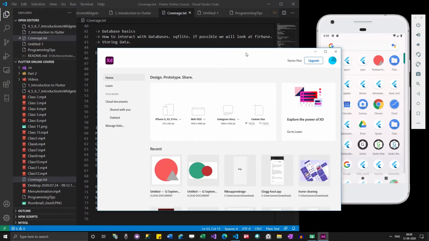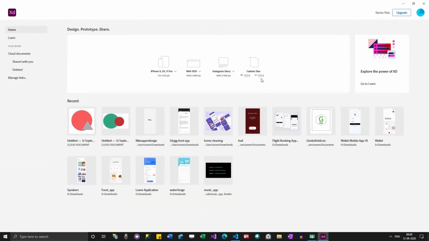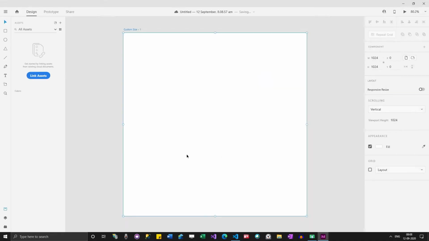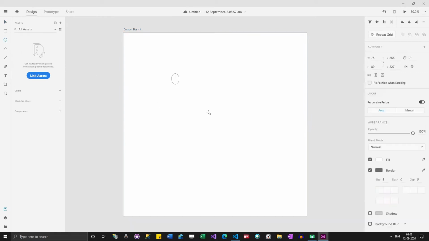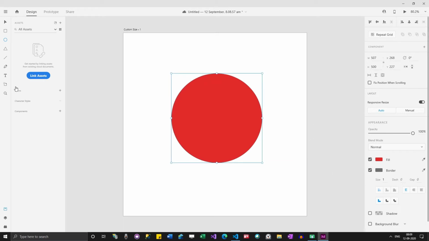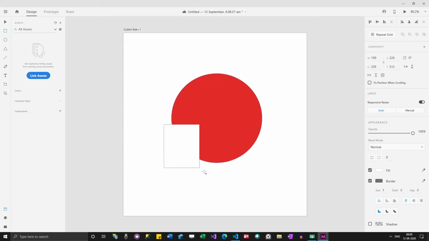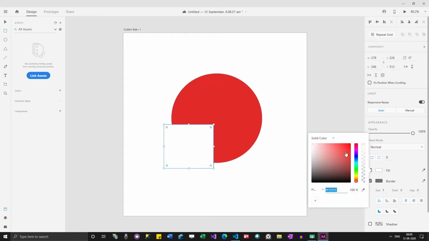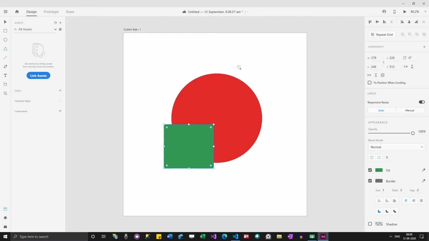I'm going to create a new project of 1024 by 1024 size, and I'm going to drag the necessary things that are required for my icon. I'm going to change some color here, and then for example, let me bring a square here of different color, and then a triangle of different color.